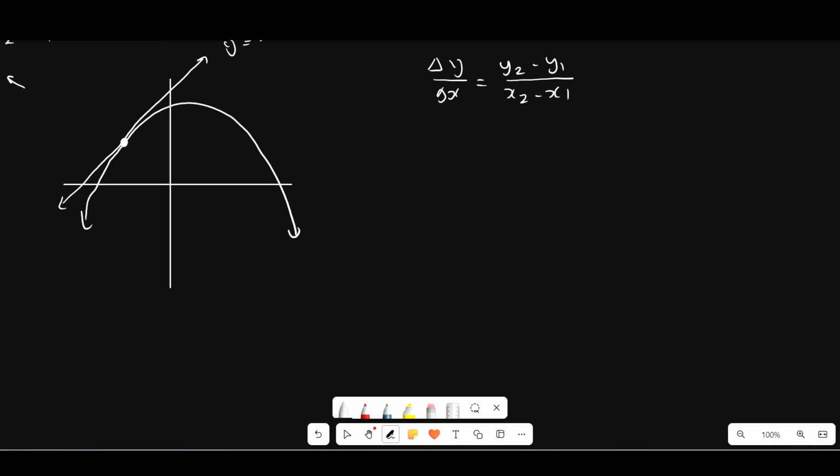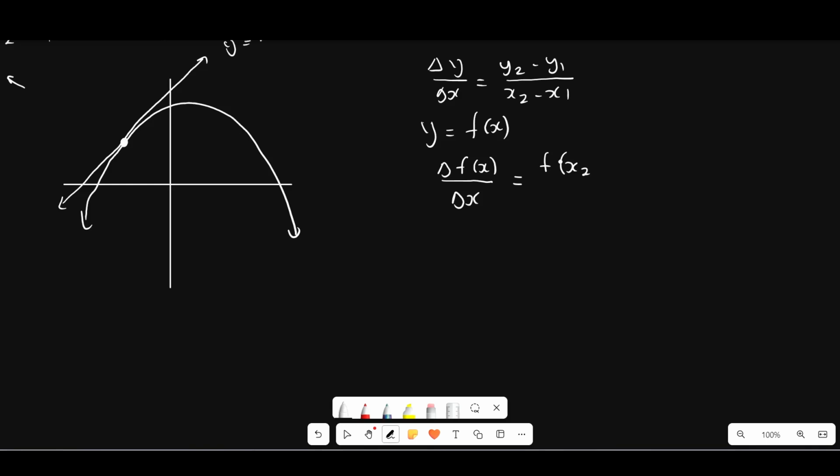Okay, let's say we remember that y is also the same as f(x). Remember that y is the same as f(x). So let us change this form here to a functional notation. Let's say y is equal to f(x). Therefore I will say delta y, or rather delta f(x), remember that f(x) is the same as y, and then divided by the change in x, which in this case is equal to